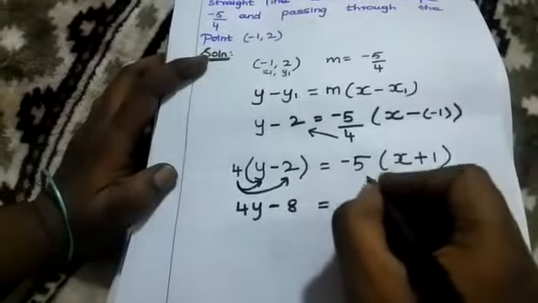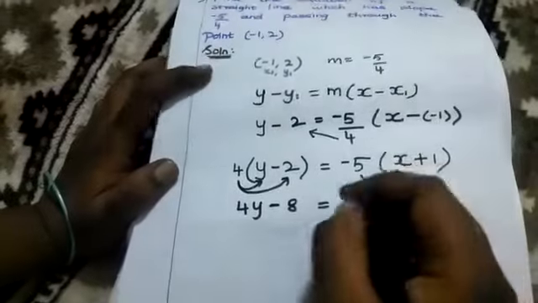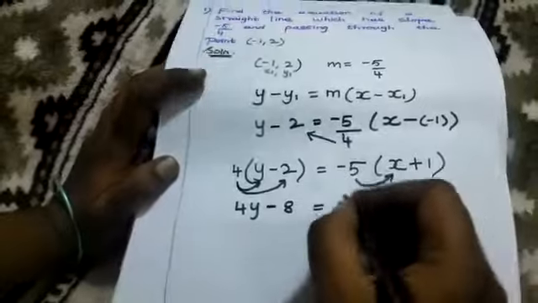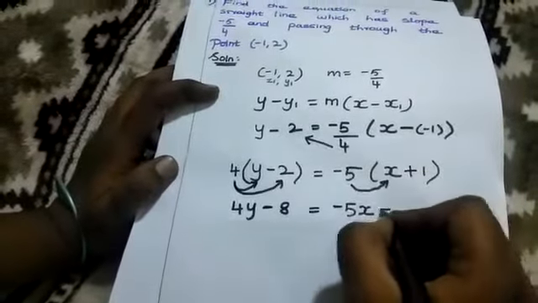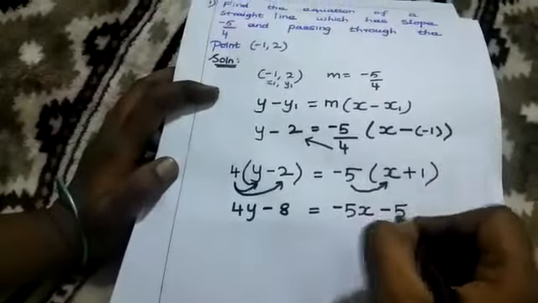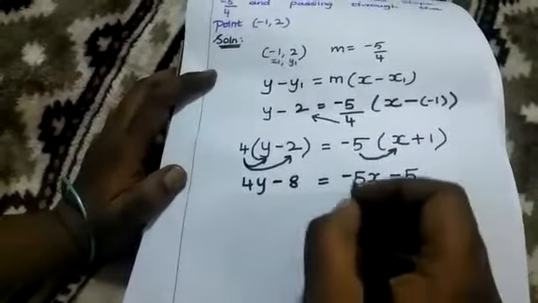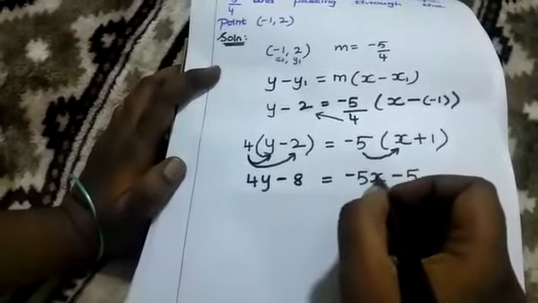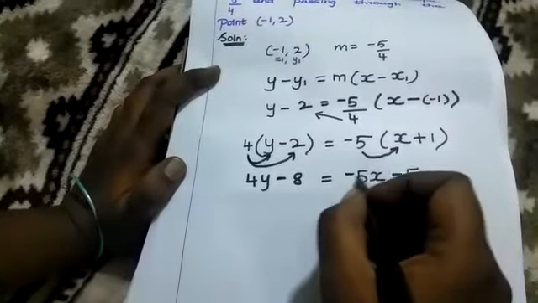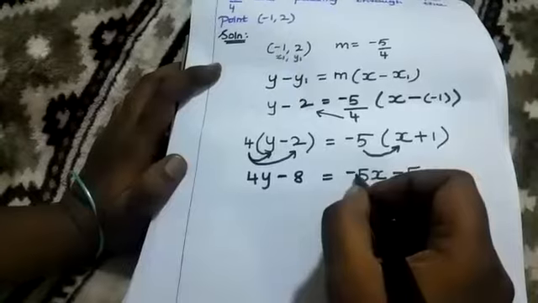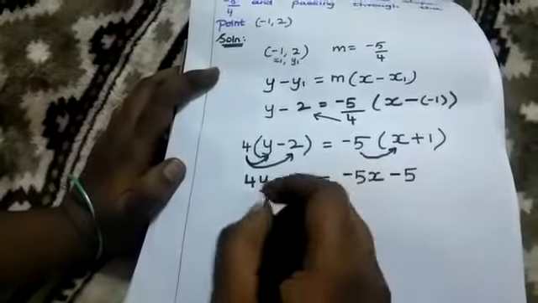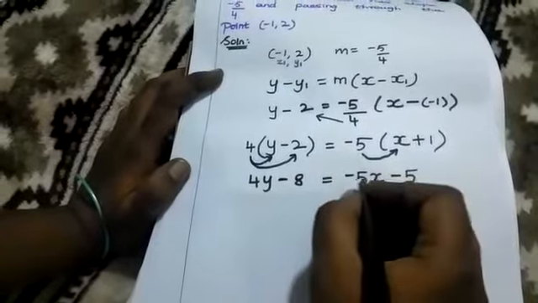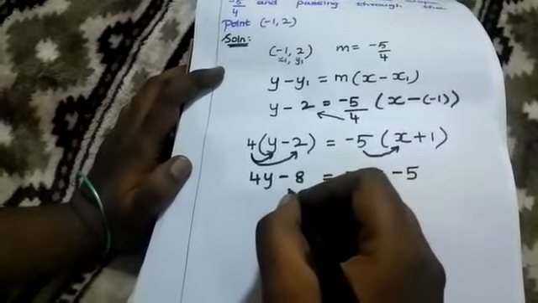is equal to, now I can take this minus 5 inside. Minus 5 into x is minus 5x. Then minus into plus is minus 5 ones are 5. Now I need to arrange it in order. I told you already in the previous video that x should always be positive. Here it was given as negative, so I need to take it to the left side. For making this positive I should take it to that side. So minus 5x, while I am bringing this side it will become plus 5x.